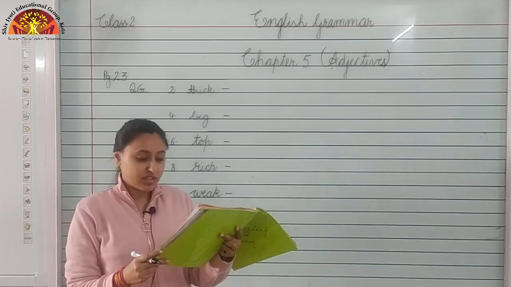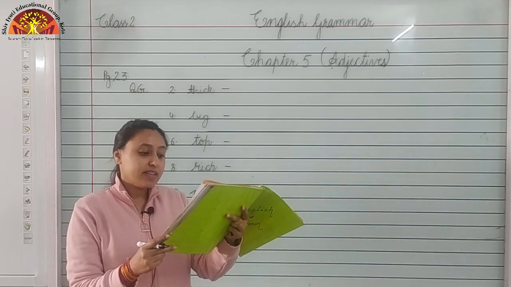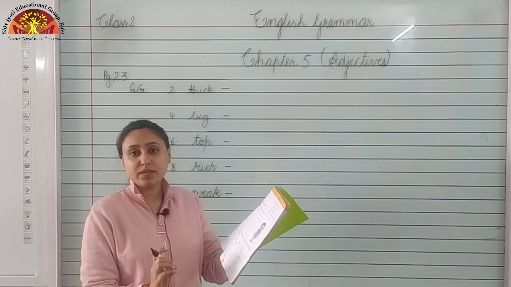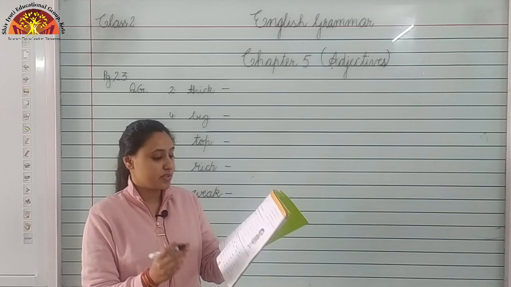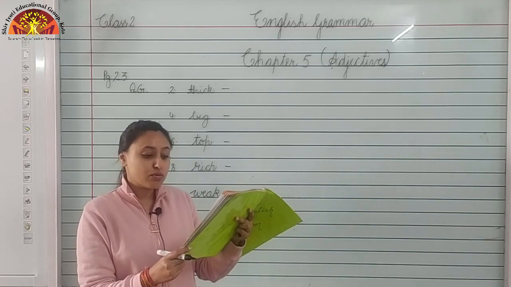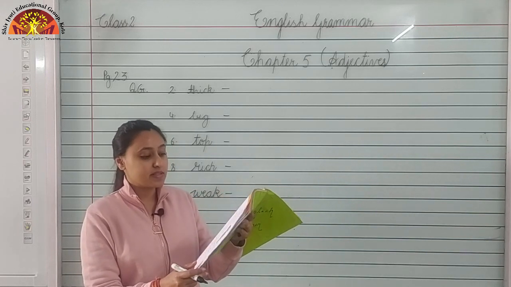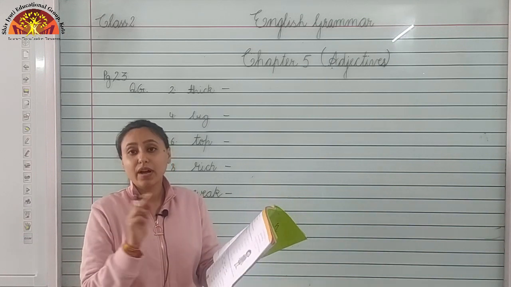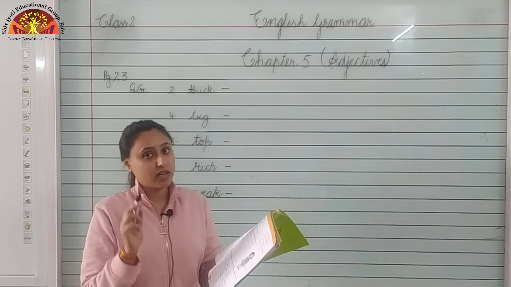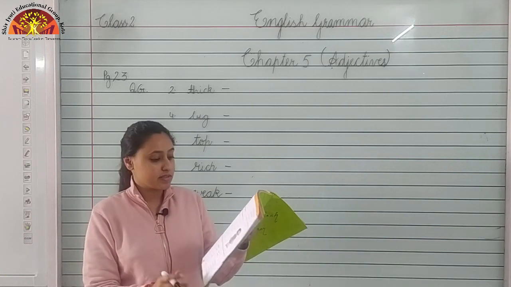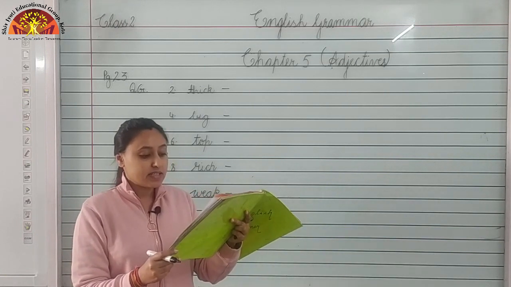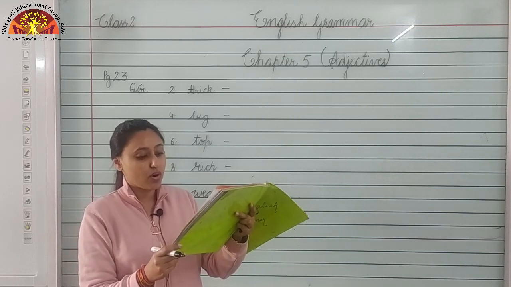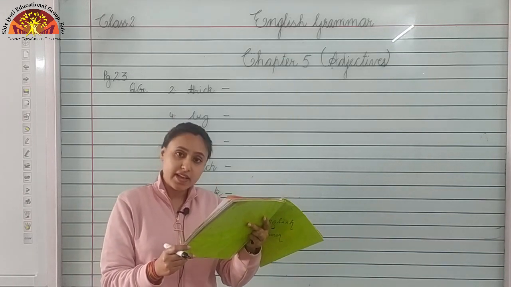I hope you understood. Now we turn to next question, question G. Page number 23, question G. Write the opposites of the following words. So children, some words are given to you. You have to write opposites of those words. Okay. Choose the answers from the words given in the box. So one box is given to you. You have to choose correct opposite from the box. Words are sad, thin, short, difficult, small, bottom, strong, young, poor and gentle.